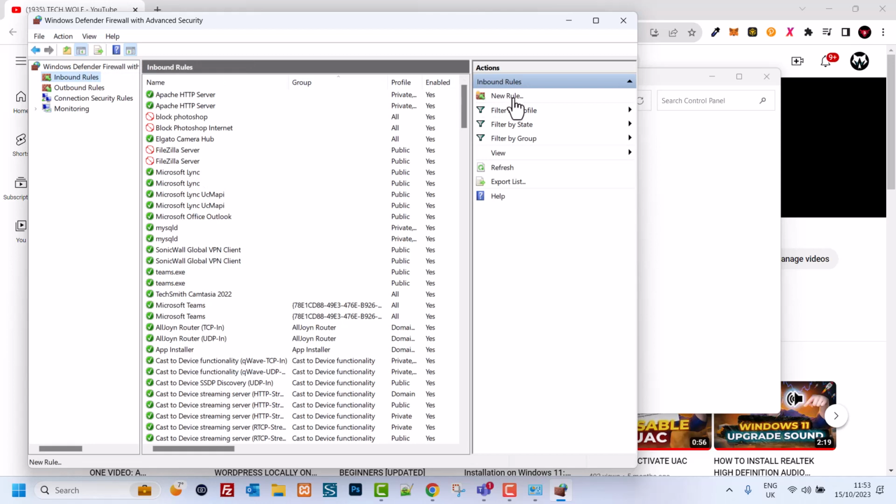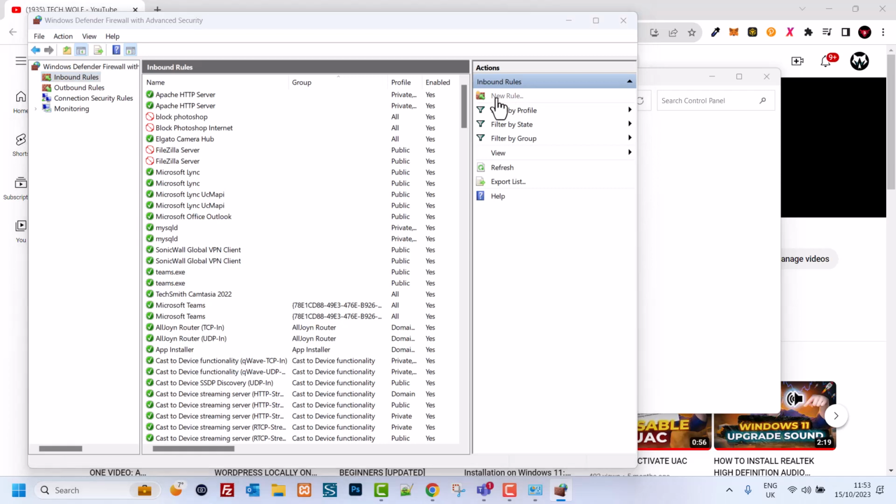to block some particular application which we don't want to be accessed by internet, whether it's Acrobat or Photoshop or any other program. In this video I will show you how to block Photoshop from accessing internet. This means that whenever you are using Photoshop, internet will not be able to access it. So any applications from outside which are trying to access your application will not be able to connect.